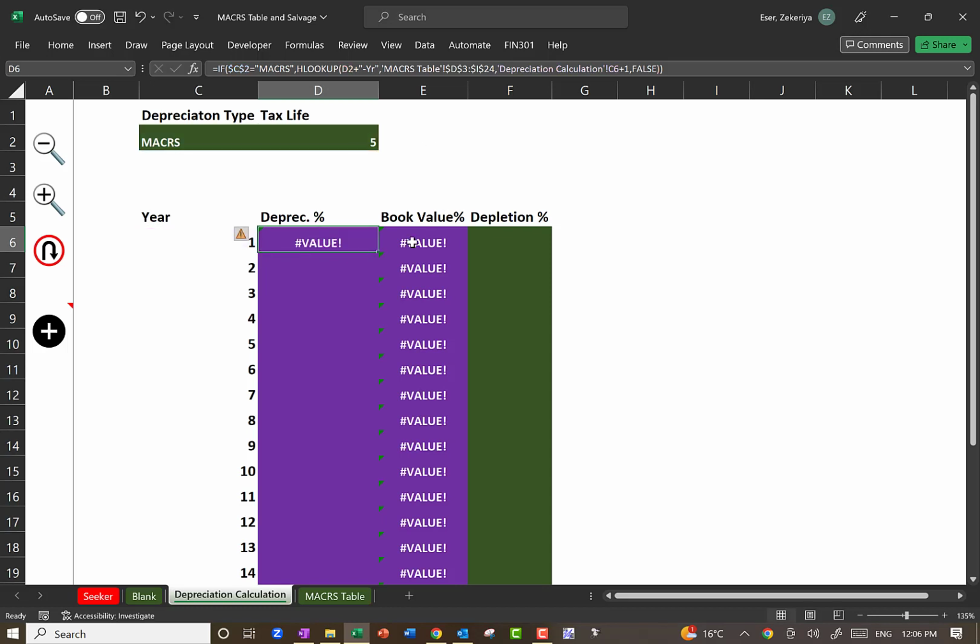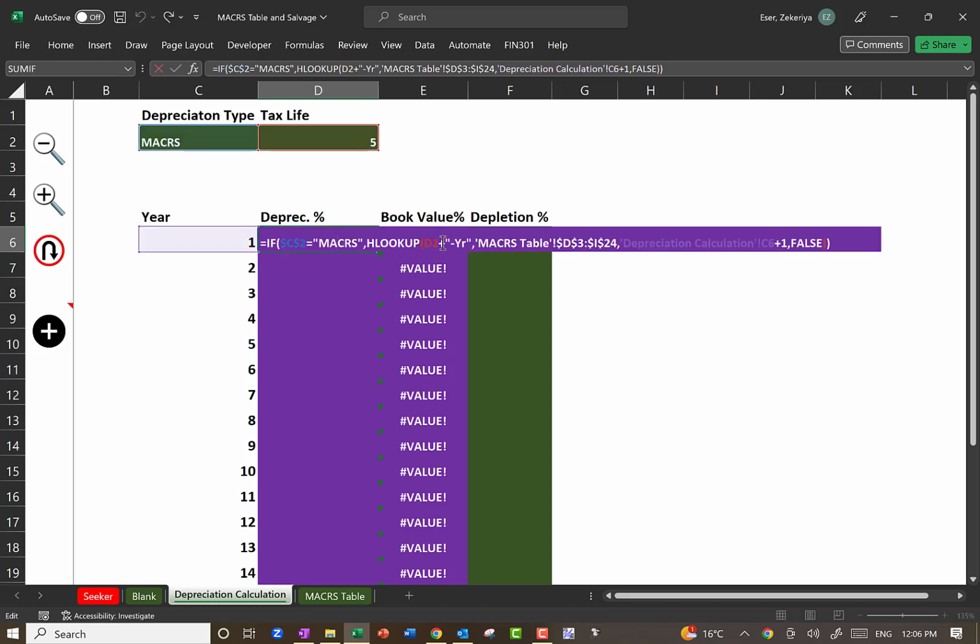Actually, it's easier to use a different function. There's a function called concatenate. It basically glues different stuff together. So that one, comma,